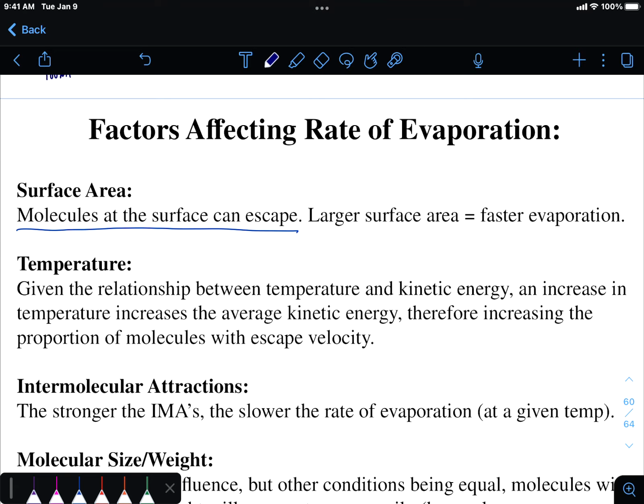Temperature. An increase in temperature increases the average kinetic energy, therefore increasing the amount of molecules with escape velocity. Okay, that's a mouthful. Let me explain what that means. First of all, let's define temperature again. I know we did this in Unit 1. So temperature is defined as average kinetic energy. When you take the temperature of something, you're getting a reading of the average, but it's understood that there are molecules that are faster and slower. So, in any sample,